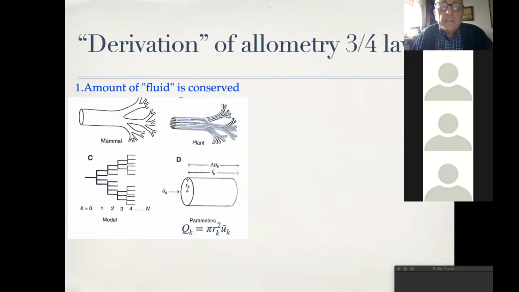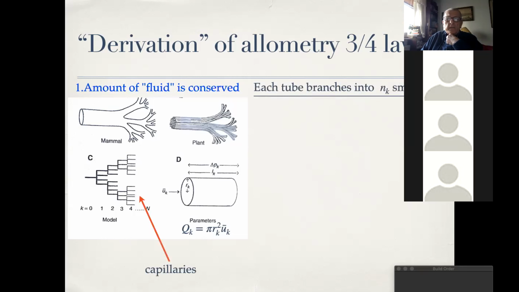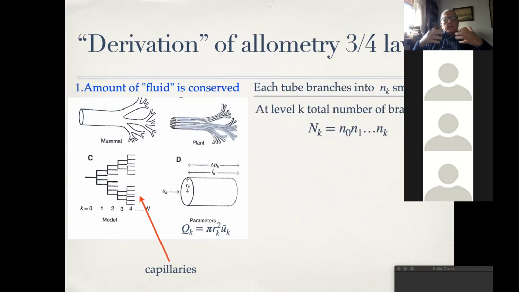Our assumption is that the amount of fluid which is passed through the system is conserved, that there is no loss of the blood or of any other liquid in the system, and that of course allows me to derive a very simple formula, namely that at each level of this network, the total number of branches is equal to the product of all the number of branches, and how each branch splits in the previous layer, and we also assume that